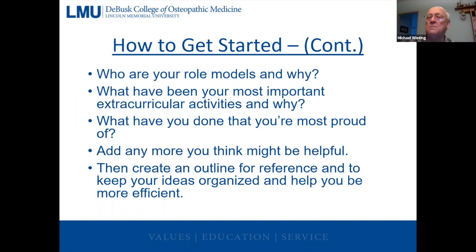The very fact that you've done it means that you're more likely to fit in that residency program than someone who has never done that or hasn't demonstrated an aptitude or interest in that. Other things you might think of are what you've done that you're most proud of. Those things on the previous slide help you formulate answers to the first couple of questions, like how you picked the specialty, and what skills and abilities you have that might be good for this particular specialty. Okay, next one.